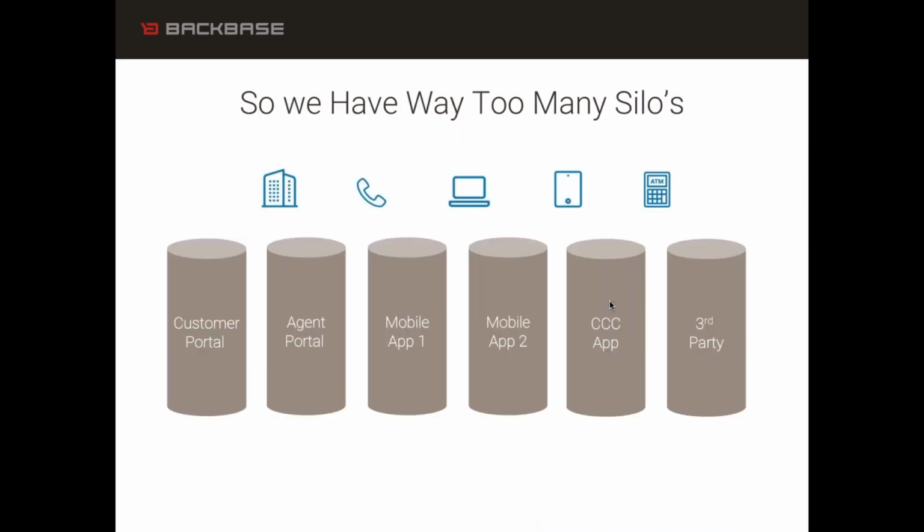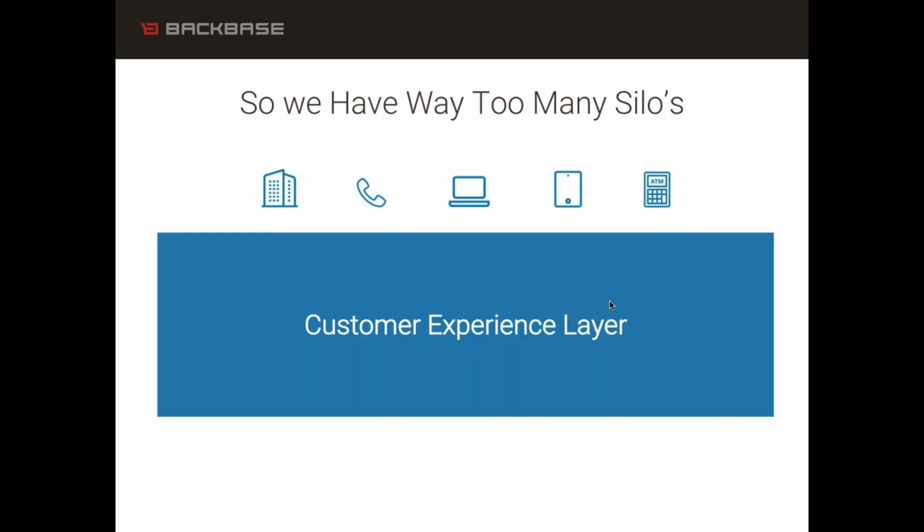So I guess what we agree on is that what we need to do in the future, if we look at next level mobile banking, is that we have way too many silos in the back end and in the front end. The key thing is how do we move away from those silos and unify them in a customer experience layer? Again, this is not something you do overnight. This is more like a dot on the horizon. This is a transition phase where step by step, if we look at this big blue bar, you're not going to do it at once. You will pick your pain point and solve it, but you're going to do it already within your omni-channel perspective.